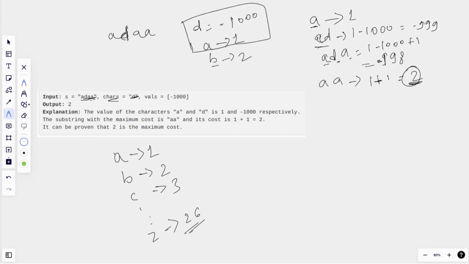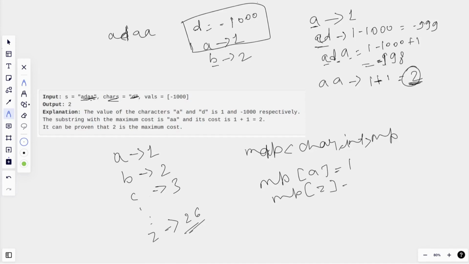So first of all, I will create a map of char comma int, and I will store in this map MP of A equal to 1, and similarly MP of Z equal to 26. Then I have been given this chars string.